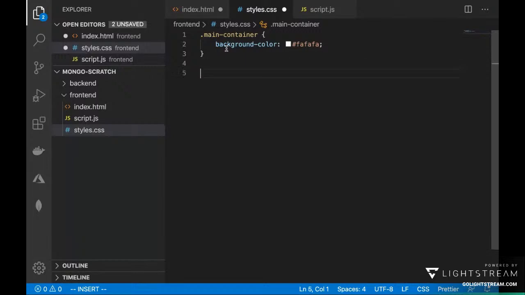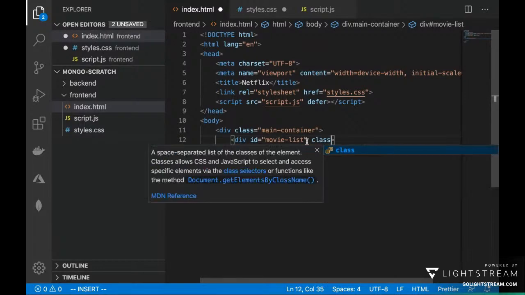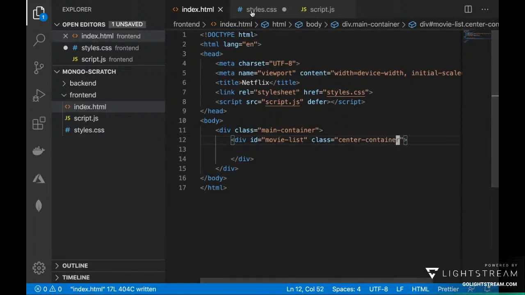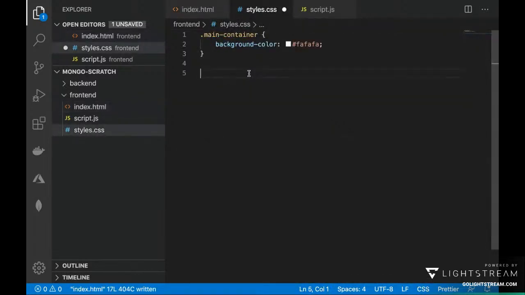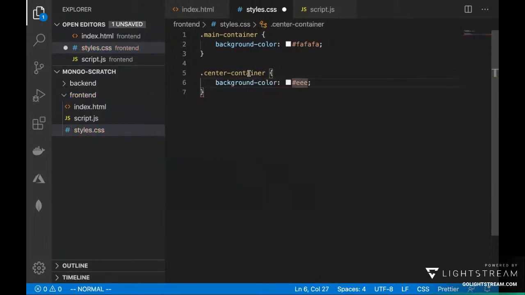Tapos center container. Okay, what's next? Si main container is dapat before that